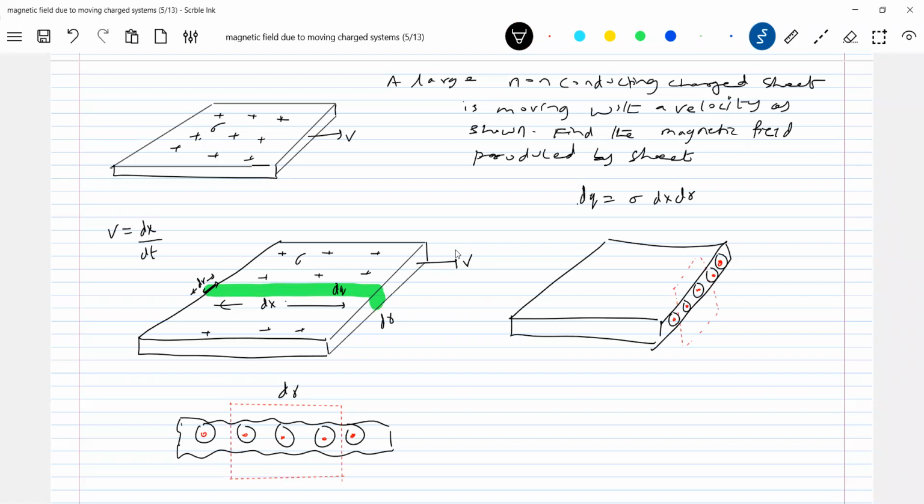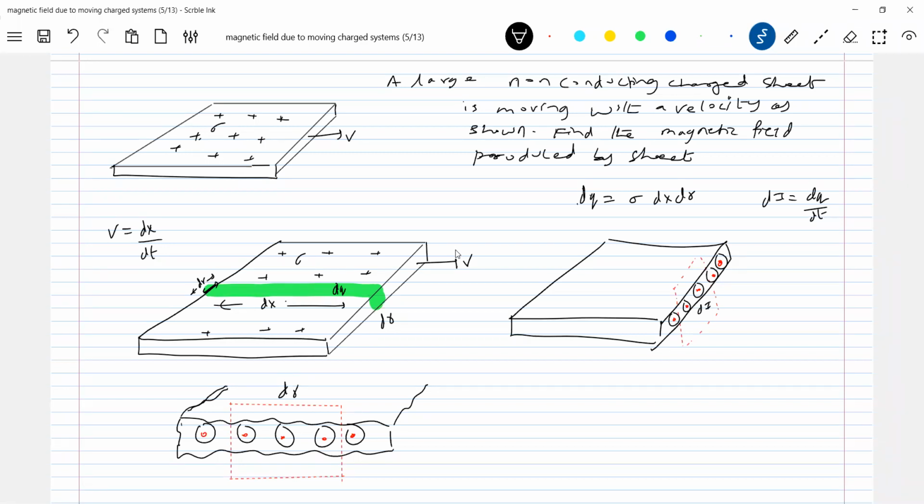So how to take help of all this data, and this is like a sheet. So how the B bar, the charge flowing, as good as a current di is flowing in this region. So di you can write as dq by dt. So how much current here is di.